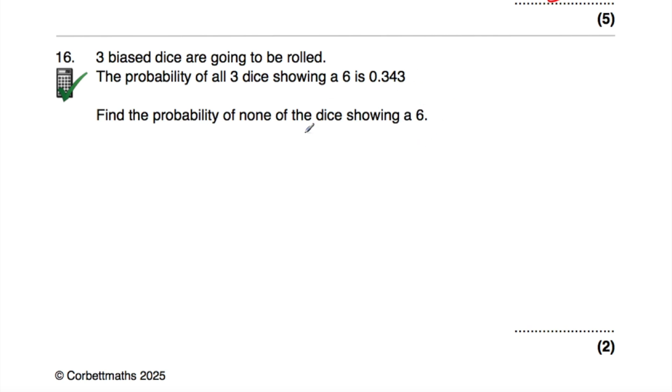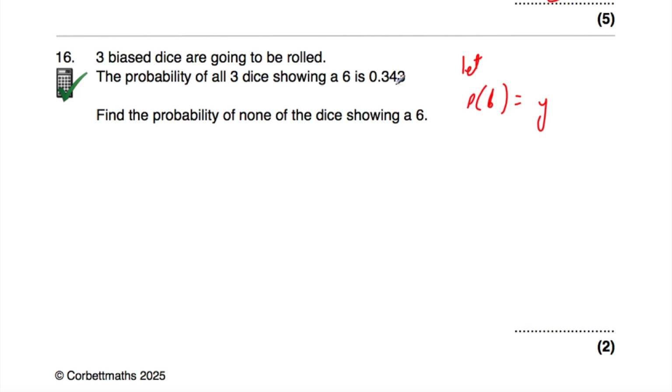Okay, so this question is a bit different than the ones before, because in the questions before we were told the probability of perhaps it landing on a 6, and then we had to find the probability that all 3 dice would land on 6s and so on. So what I'm going to do this time is I'm going to let the probability that the dice lands on a 6 be equal to y, so a particular number. So it's going to be 0 point something. Now, if all 3 dice land on a 6, the probability of that's going to be